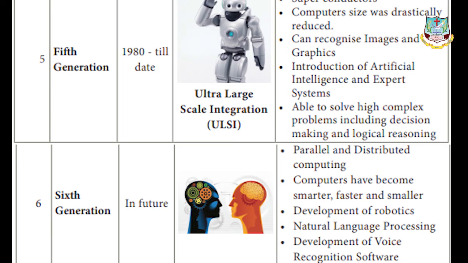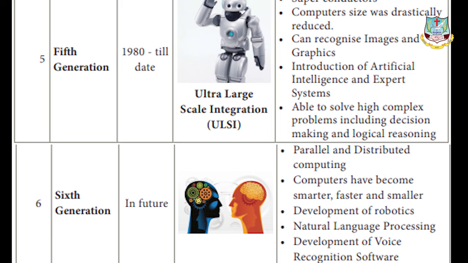Natural language processing is also done. Natural language processing means normally we can speak in our language and it will be heard by the computer or by the system, and it will work according to it. The instructions can be given in natural language, in our voice itself. And there is development of voice recognition software. Nowadays in our mobile, in TV, in computer and all, we have search options with voice, right? Voice search is there. That means you have to enable the speak and mic.